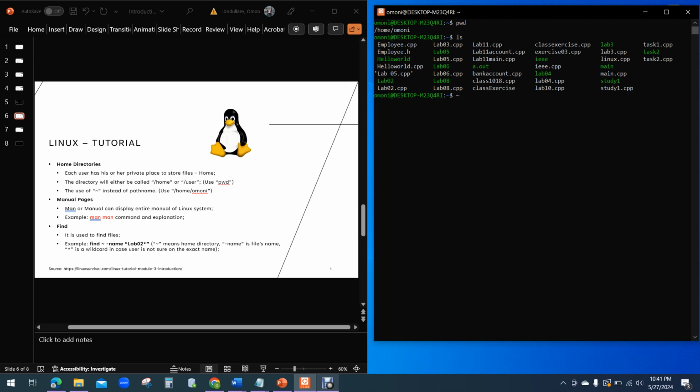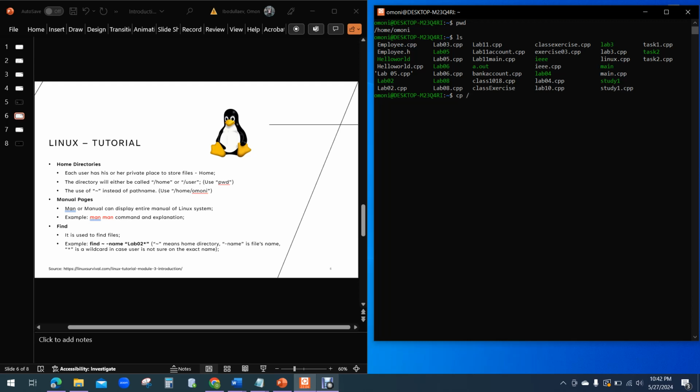As you can see, I'm typing tilde on Ubuntu, and this tilde equals the whole path name up to the files. For example, instead of me typing, say, copy a file like lab02, the full path name would be